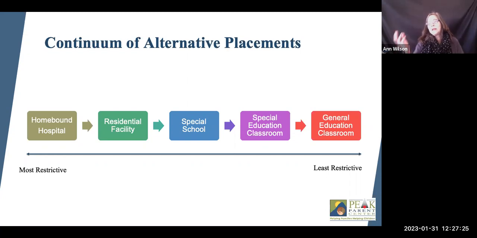Within the general education classroom, you'll have some percentage of time. A lot of students are served in the regular classroom more than 80% of the day. Or sometimes they'll be between 40% and 80%, and sometimes less than 40%, but those are the percentages that they look at. Colorado does pretty well on that standard, on the number of students that are included at 80% of the day.